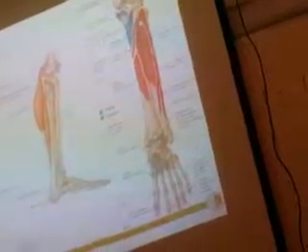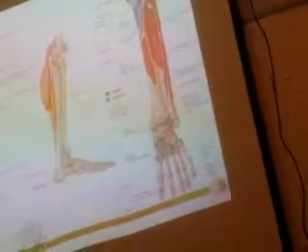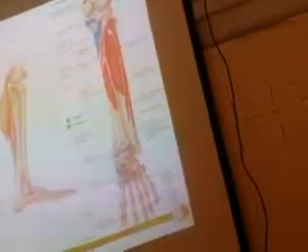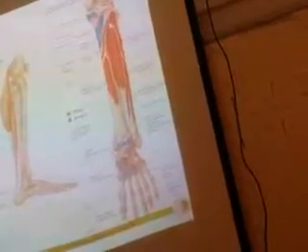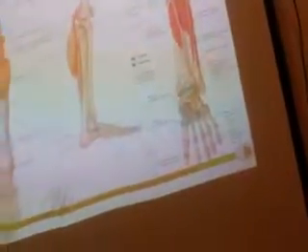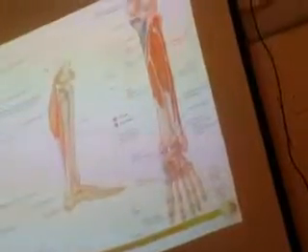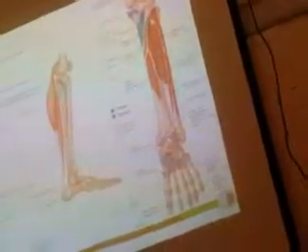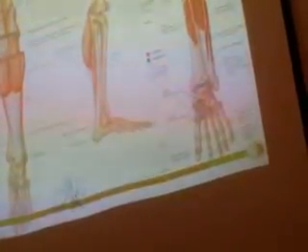The second is the soleus muscle. This takes origin from the soleal line on the posterior surface of the tibia and on the fibula, and it goes all the way along with the same tendon, the Achilles tendon, and gets inserted to the calcaneus bone. So both have a similar function: whenever they contract, they pull the plantar surface down.